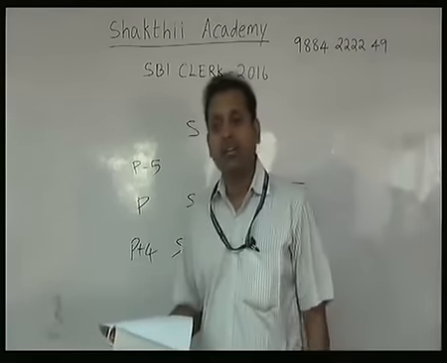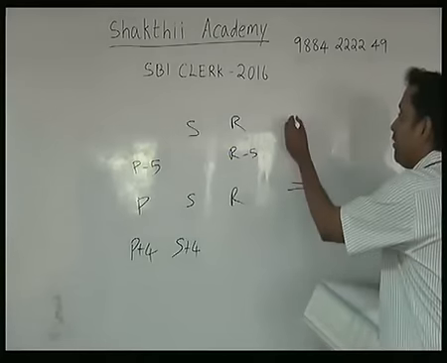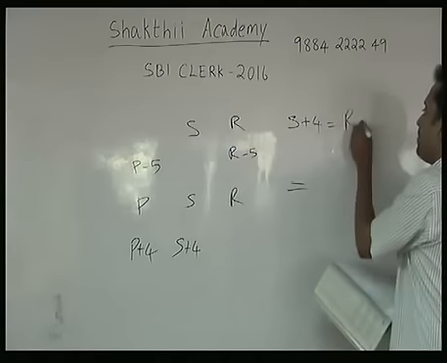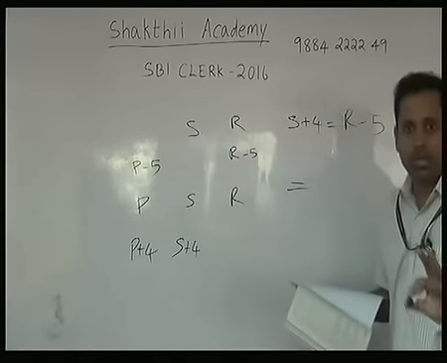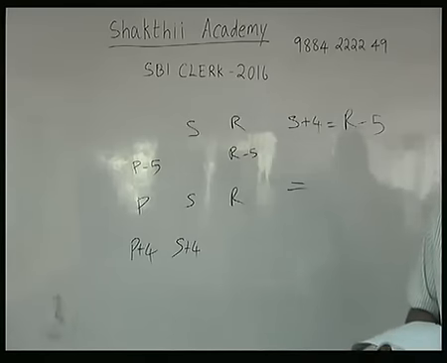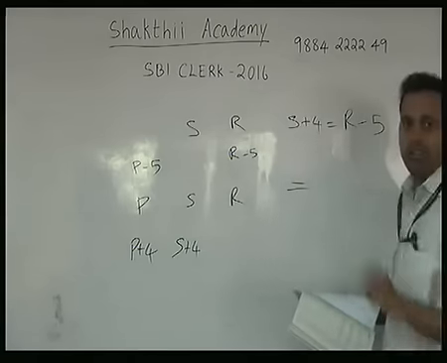Now, what do you get actually? What do you get? S plus 4 equal to what do you get? R minus 5. Only when you follow that will you understand. If you are not simply following, and just looking at this, you will not understand. So it is very clear in the sentence, S plus 4 is equal to R minus 5.